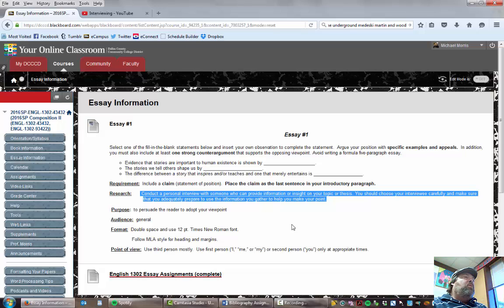Something very important to understand about all the bibliography assignments is that, as you might notice, each essay assignment is requiring a certain kind of research. In this, the research is a bit more informal. In other papers, you're going to have to find articles or books or other types of sources, and you will be asked to list those sources or potential sources. You'll be asked to summarize some of the information that you find.